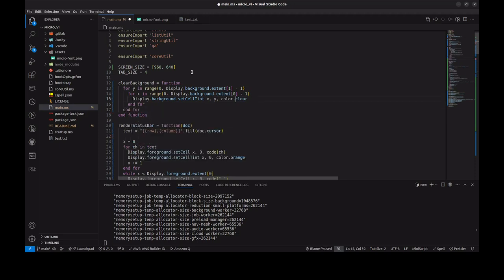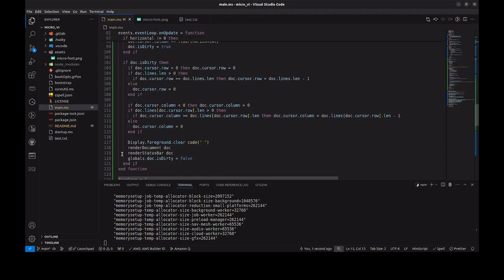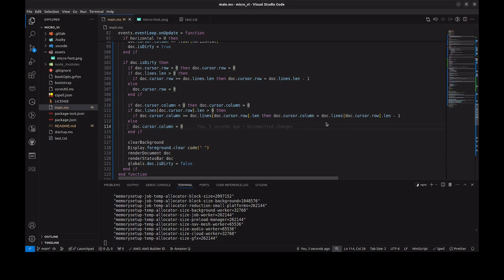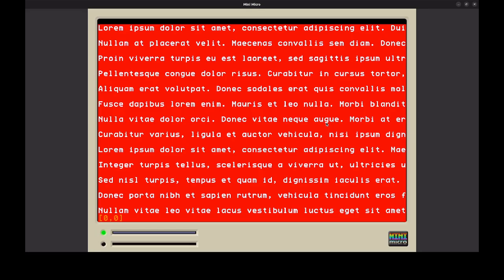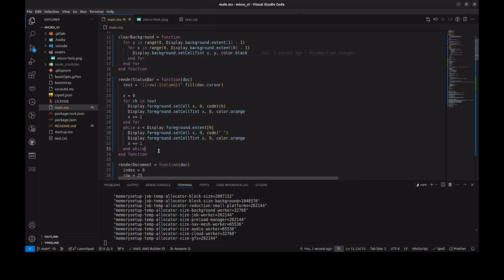No, I want it to be clear. I want it to be black. Let's just make sure it works. We'll clear it to red. Okay. Great, so that still works. And it does set the background color. So let's clear that to black, and then what we're now able to do,